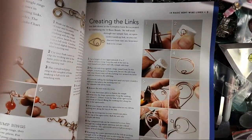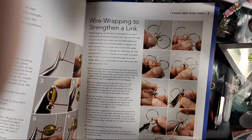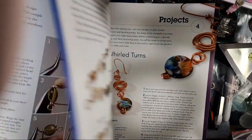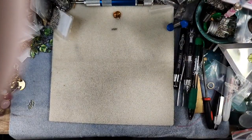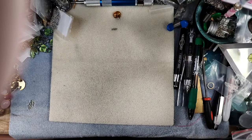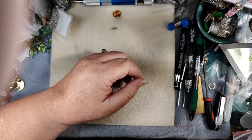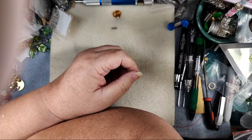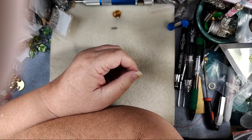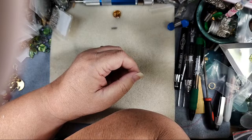It's going to show us how to make one link. And then after that, it's adding beads to your links and then some projects. So not a real intense book. It's interesting. It does show you a whole bunch, but yeah, Beth, the links for your earrings, if I remember the ones that you got,